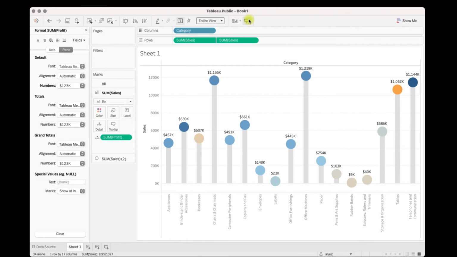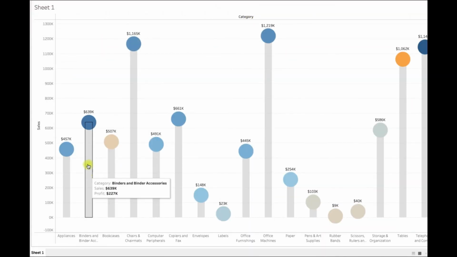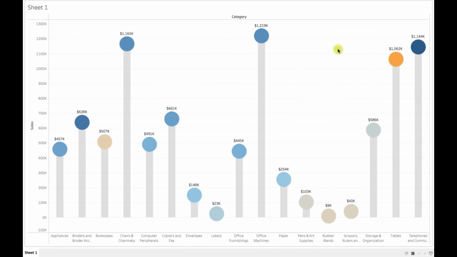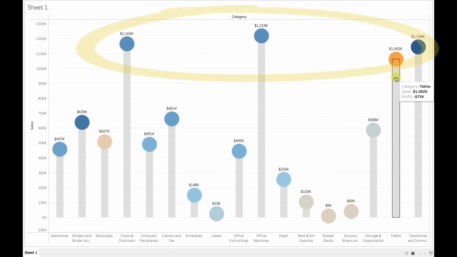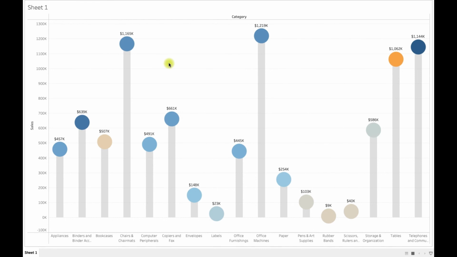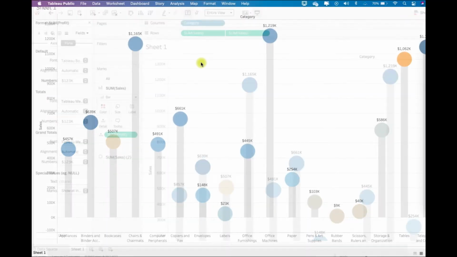So we have made a lollipop chart over here. Now you can see that these first four are the top contributing categories by sales, but quickly you can see that this one has not made a profit, right? This is in loss. If you hover here in the tooltip, you can see that it made a loss of $73,000. So this way you can pictorially, very quickly, have a glance and see which categories are giving me good sales and which are not, and which are giving good sales but are not giving me profit. So this is another type of visualization possible in Tableau.